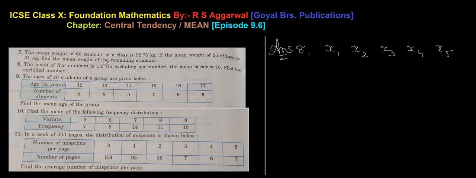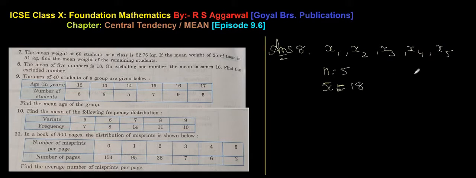The mean of 5 numbers is 18. So these are my observations, x1, x2, x3, x4 and x5. So the total number of observations is 5, and their mean x bar is equal to how many? What is given, x bar? How many observations are there? There are 5 observations, and the mean is 18.